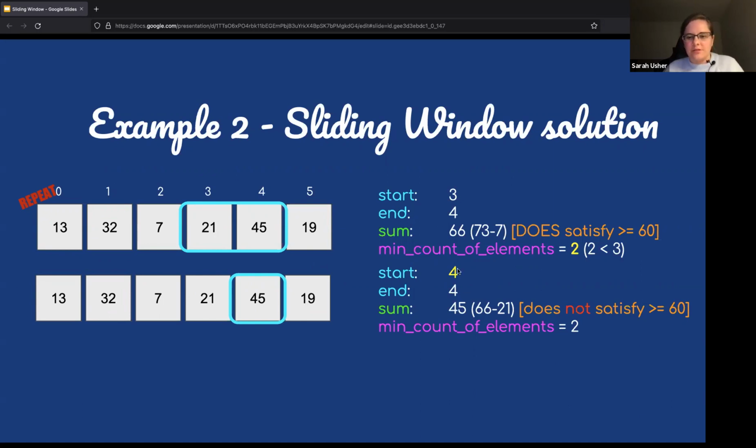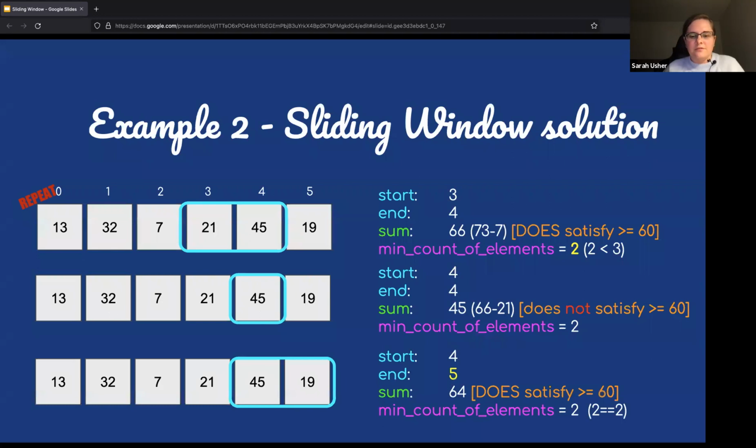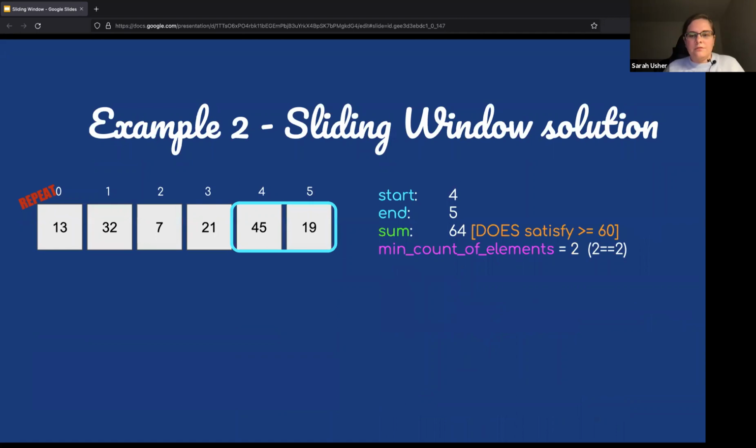Here, there is what you were saying before, which is when we're now going to check 1, because step 2 of post satisfying the condition is to move the start, and that brings our end and start together, but they do not satisfy the condition because 45 is not bigger than or equal to 60, and hence we move to the end. Okay, so what we've identified here